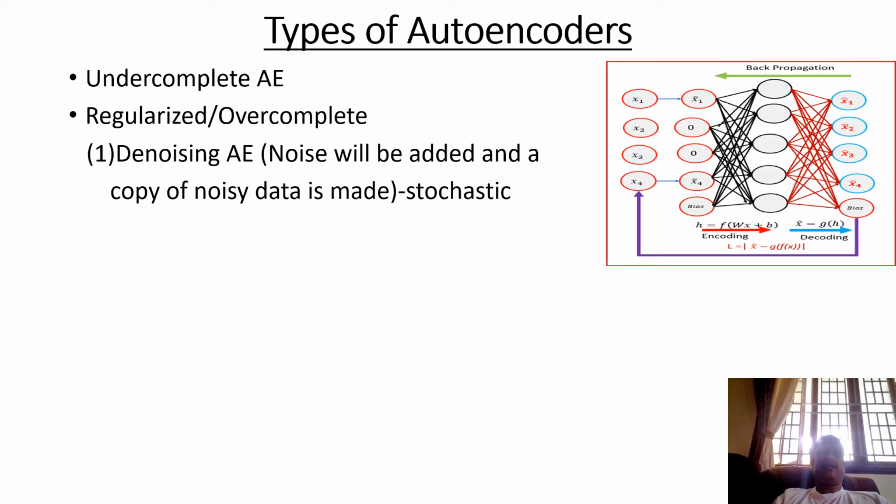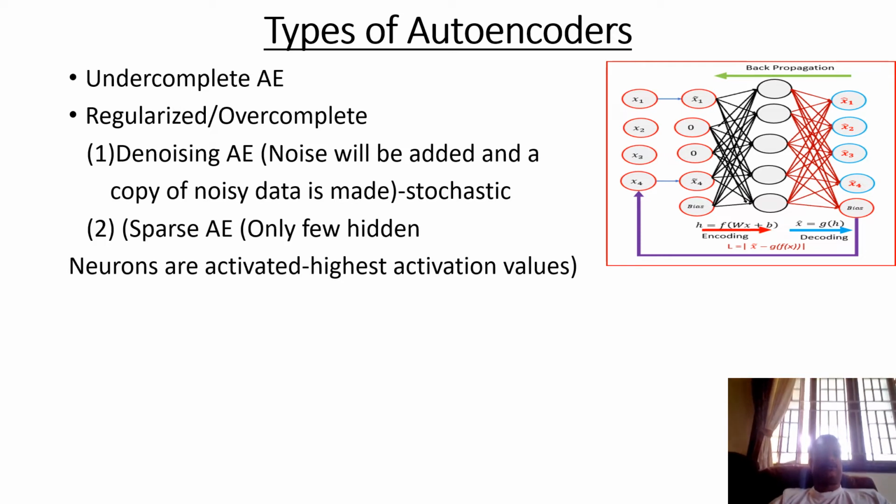Now, how do we say that it is still an autoencoder? If you closely observe, all the neurons in the hidden layer are not used. Some are given a value of 0. Alternatively, in the next iteration, I will make sure some other neurons are given a value of 0. So the ultimate idea is, even though the number of neurons is higher than the input layer, still only a few